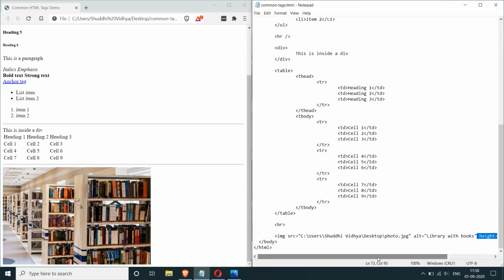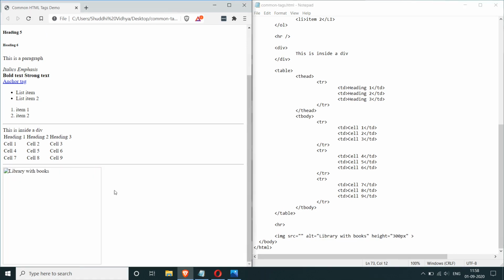Now I want to do one small thing here just to show you. I'm going to modify the location of this. Actually, let me just remove this and save it and then refresh it. Now you'll see that it shows the icon for a broken image, okay, but it shows the alternate text. So basically here what has happened is the image that was supposed to be here is missing, but the alternate text gives you an idea of what was that image before it broke. So that is also a function of the alternate text.